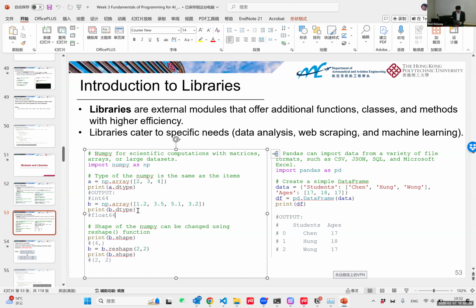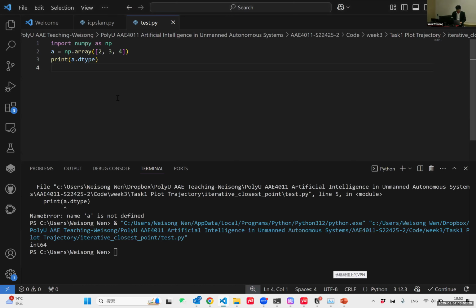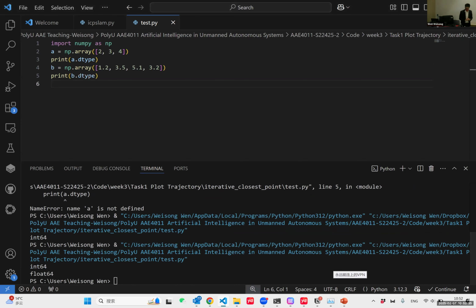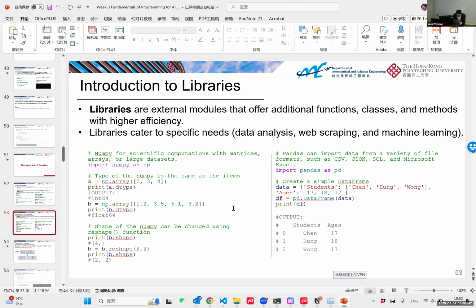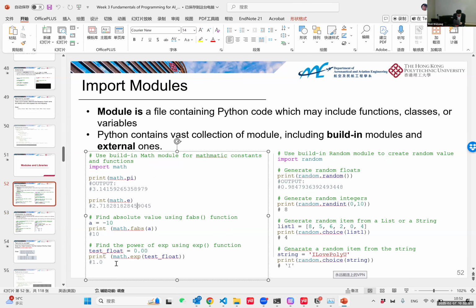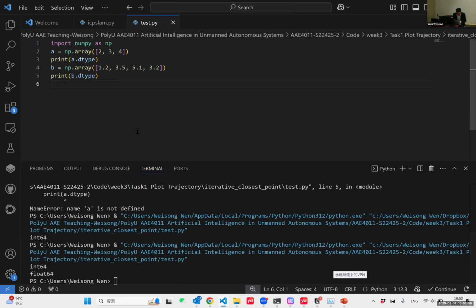And for this one, this is an array, so you can print its type. This is a float value, and this is an array. And also for the functionalities,